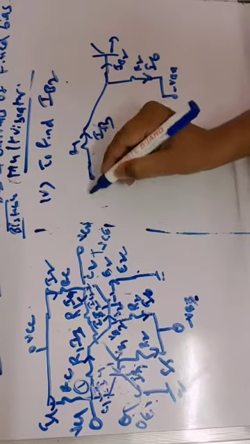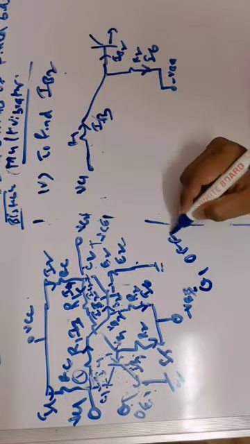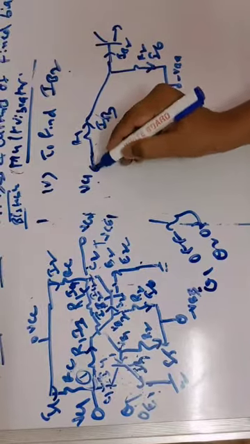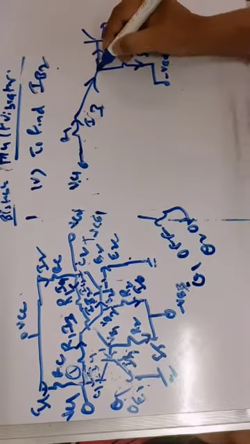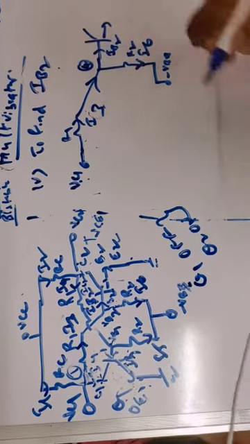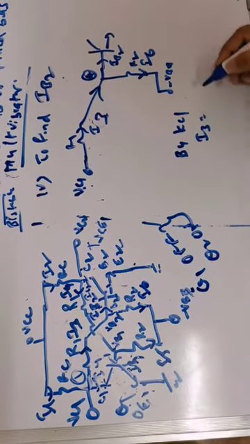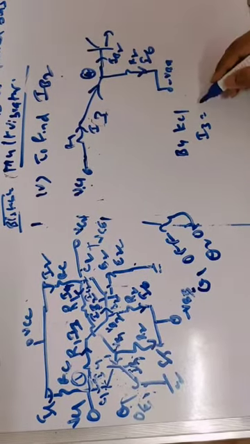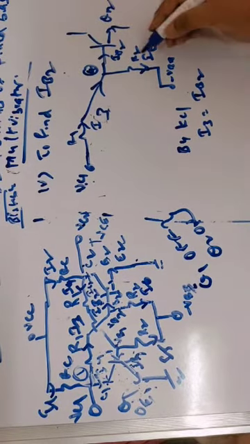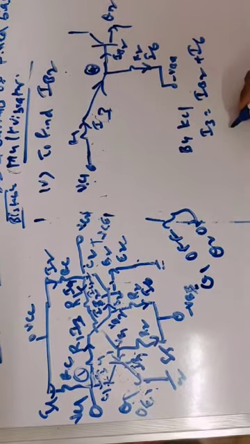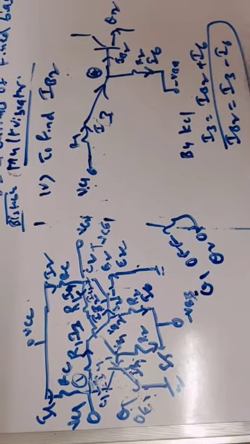Now the potential at this point is VC1, as we have considered the case Q1 off and Q2 on. Q1 is off, so this potential is VC1. I3 is the current flowing through this branch. Let us consider this as node 4 and apply KCL at this node. By KCL, the incoming current equals the outgoing currents. The incoming current is I3, and the outgoing currents are IB2, flowing through the base of the second transistor Q2, and I6. So IB2 is equal to I3 minus I6.